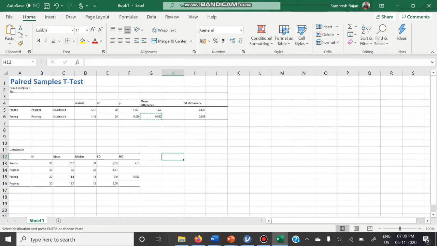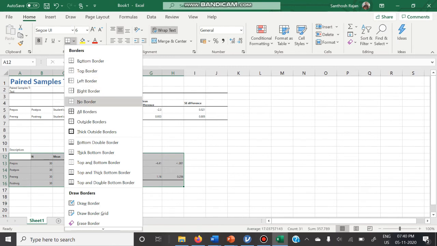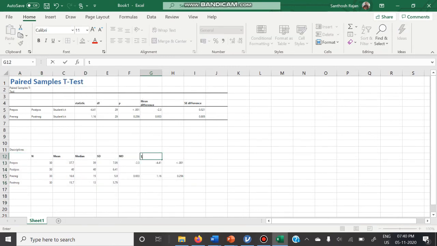Paired sample t statistic is here, so copying it from here. P is here, and this is T and this is P. These are tests.